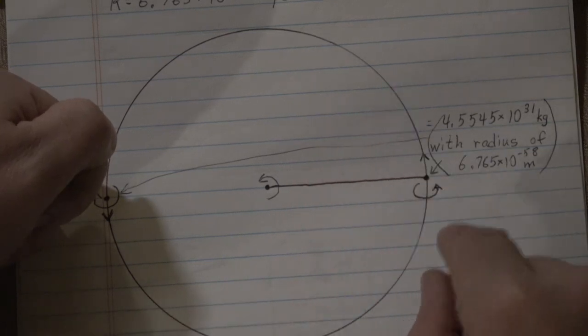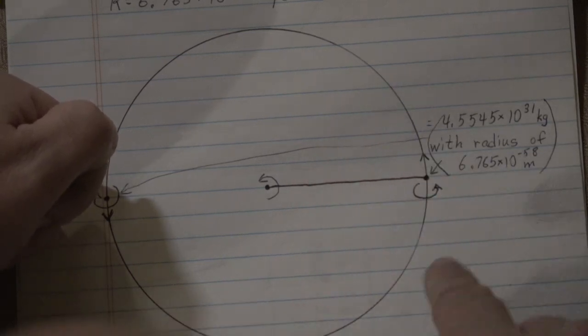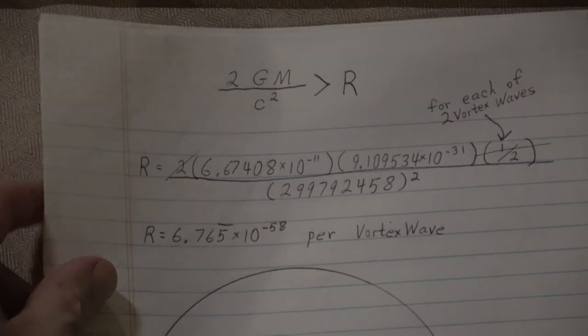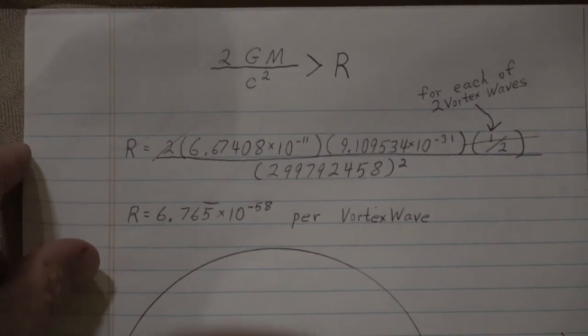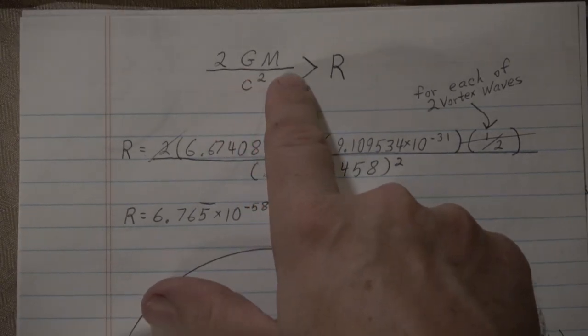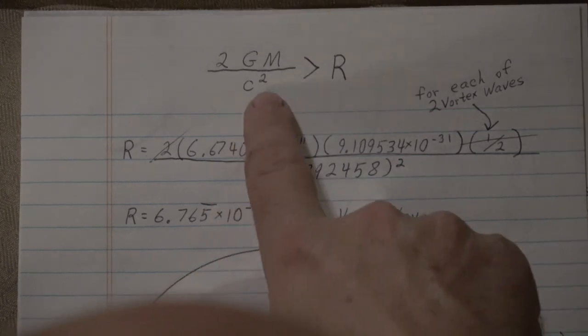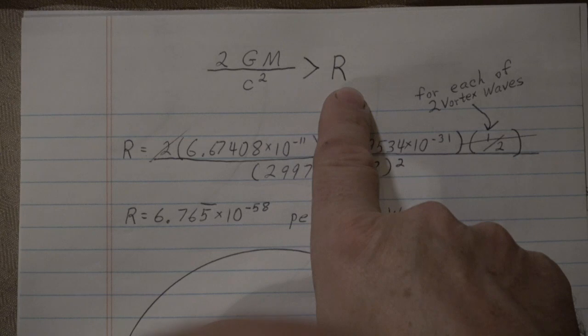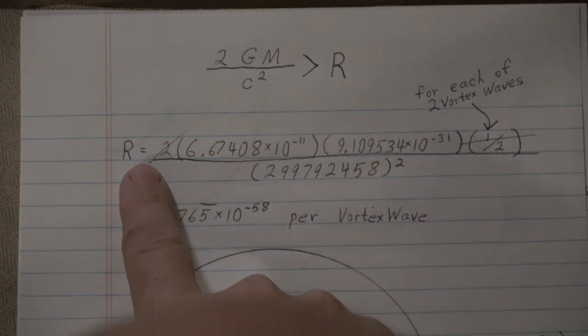Going back to the vortex waves having mass in the center, I'm going to put the masses in the center here. And what I'm going to do is use the same equation that they use for black holes: 2 times gravity times mass over the speed of light squared has to be greater than r. I'm going to put r equal to,